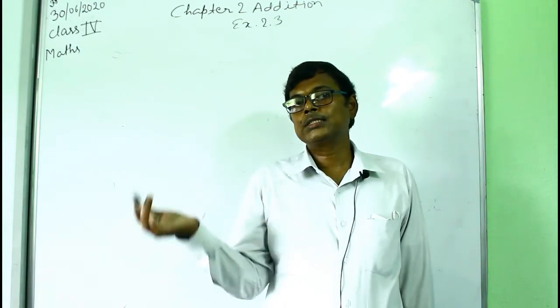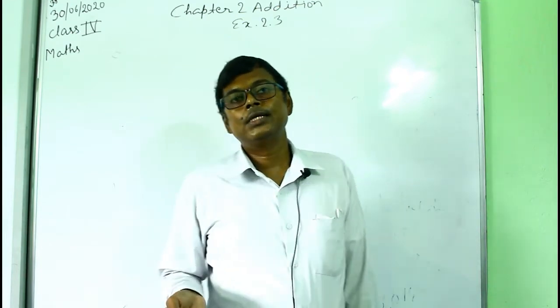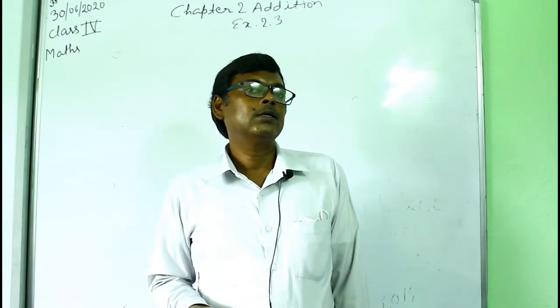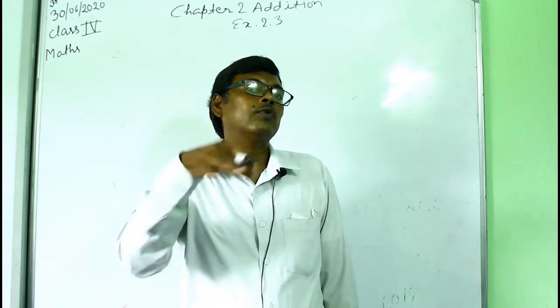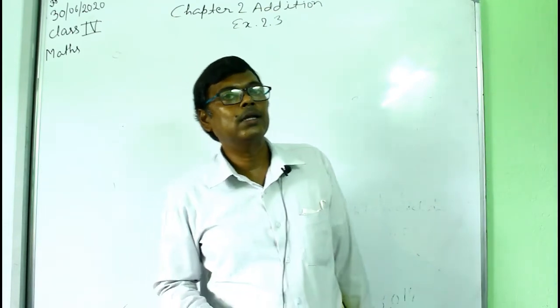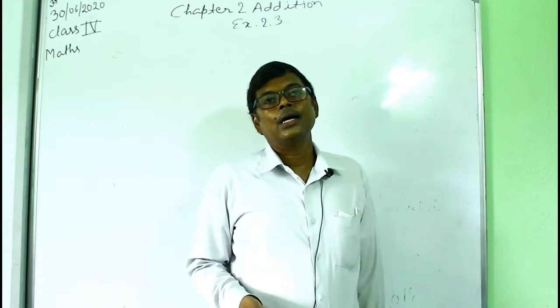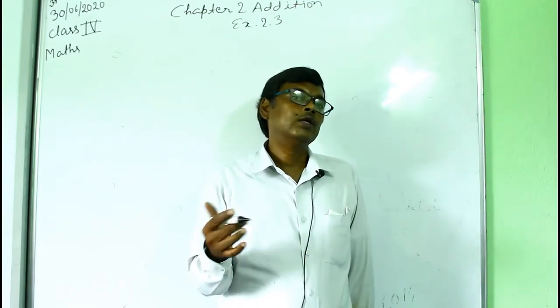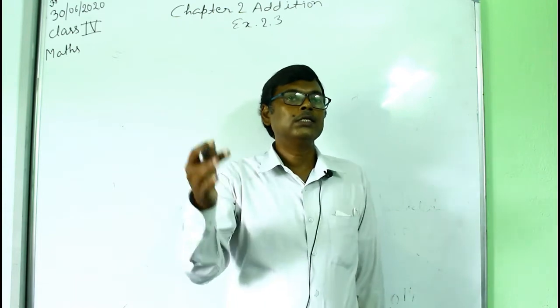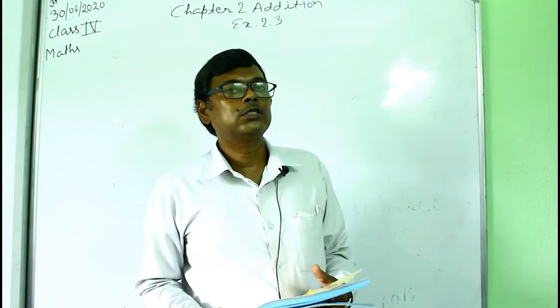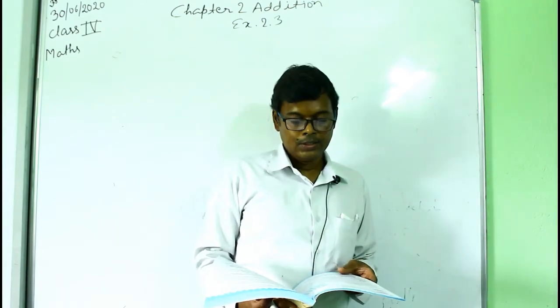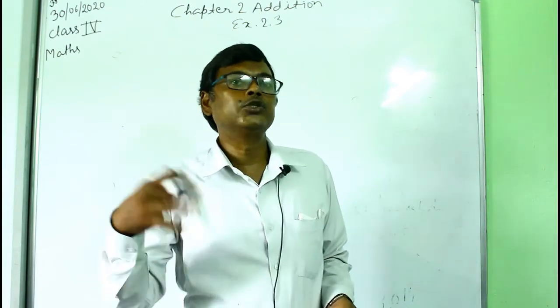So the answer came, then what will you say? You will ask your mom that I will need 500 rupees, okay, around 500 rupees. So when you go to the market, you will buy the objects and it will be around 500 rupees. When you say 500 rupees, it is easy to communicate to other people, okay. That is why we estimate the numbers, and we do it in many situations also.